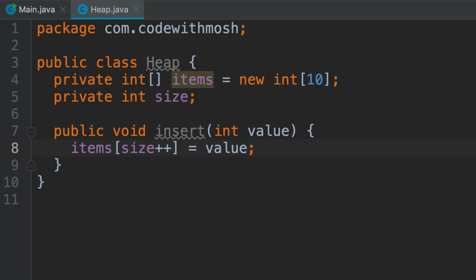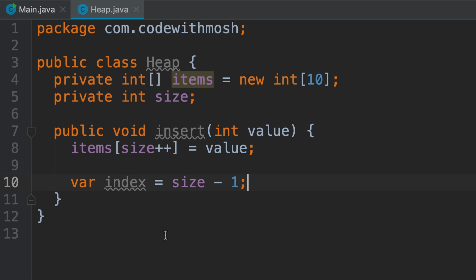Now we should implement the bubble up operation. So if this new item is greater than its parent, that means we should bubble up this item until it's in the right position. So what is the index of this new item? That is going to be size minus 1, because we just incremented the size field by 1. So the index of the last item is size minus 1. Now,